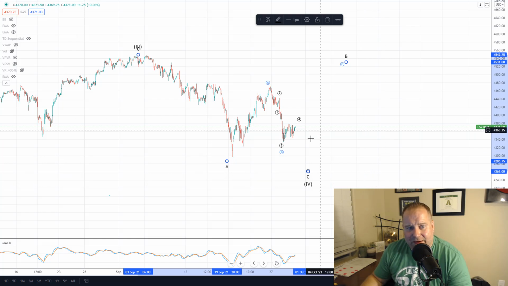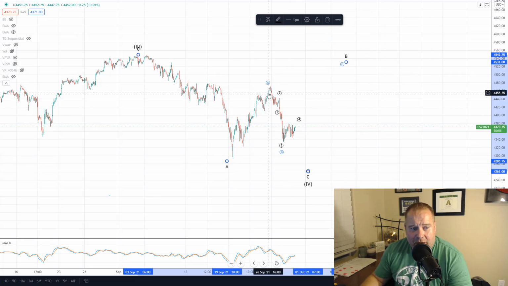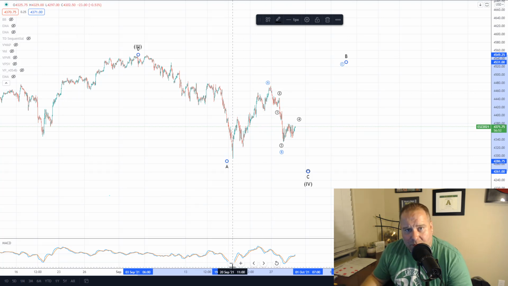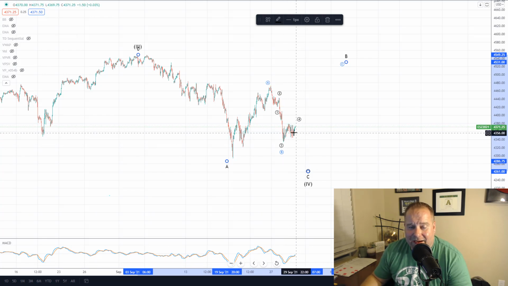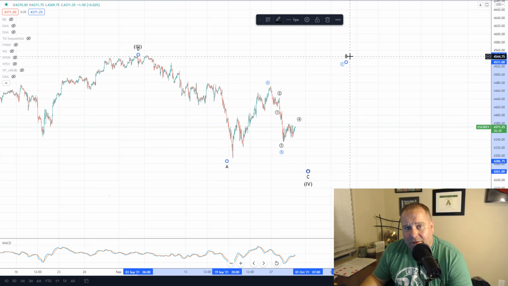The other reason I favor this scenario and the move up from here is the MACD. If you remember last week, we talked about this rally here, and other rallies in the past. When the MACD hits minus 20, that's strong support for a rally. And it hit minus 20 on this pullback here. We hit that minus 20 area, and we haven't got much of a rally out of there yet. So with this MACD down, I still expect some sort of rally up in this direction, which heavily favors that B wave alternative.